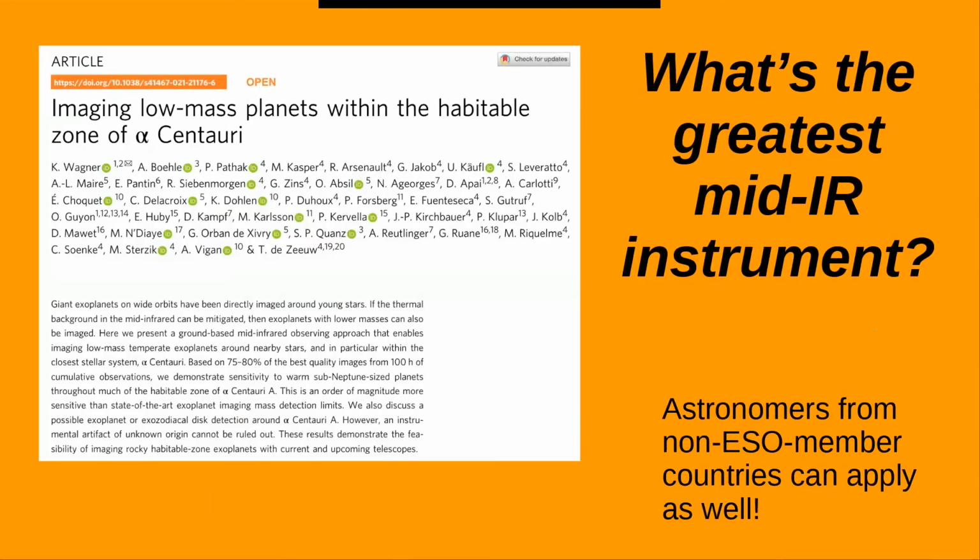I left aside this very important paper. Well, first of all, it was not among the 10 latest papers, and second, it deserves a few words on its own. This is the discovery of a low-mass planet within the habitable zone of Alpha Cen. And I'm sure this is going to soon climb to the most impactful VISIR papers.